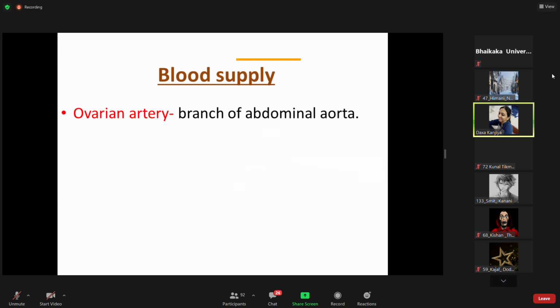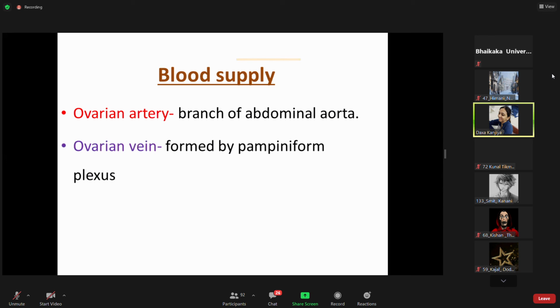Now blood supply. It is supplied by the ovarian artery, which comes from the abdominal aorta. The ovarian vein, just like the testicular vein, is formed by the pampiniform plexus, and then it drains into...